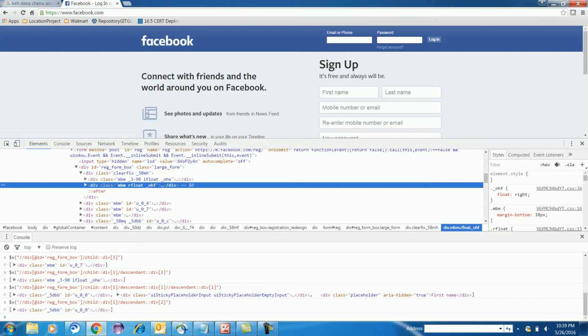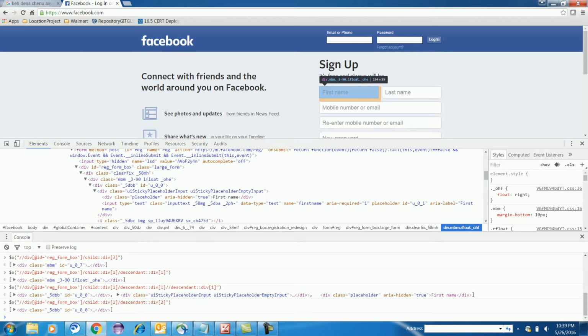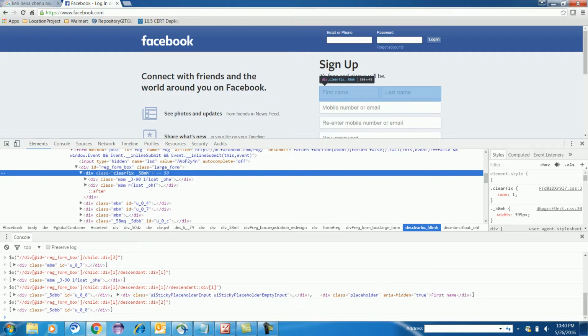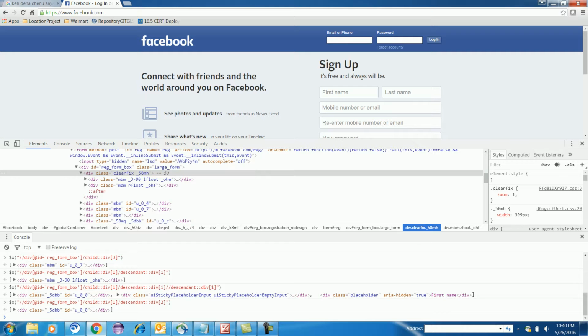Okay, here guys, there is one more concept. So if you are in child and if you are using descendant, it will go to the same child. Like if you are using child 1, this is the child 1, right? And when you use descendant, it will go to the same child. So what you can do is, this is registration form, and this is child 1. Inside that, here instead of descendant,